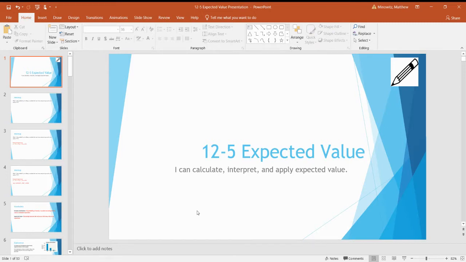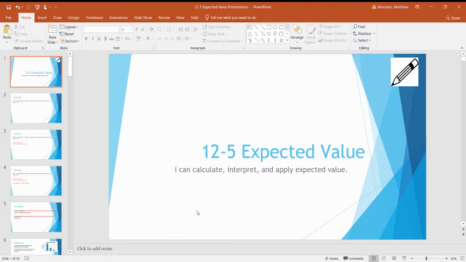Hello, everyone, and welcome to the expected value lesson in the probability chapter. Today, we're going to be able to calculate, interpret, and apply expected value. And expected value is really important with probability, and businesses use this to make decisions. A lot of times it's focused on how do I make the most expected profit based on the situation